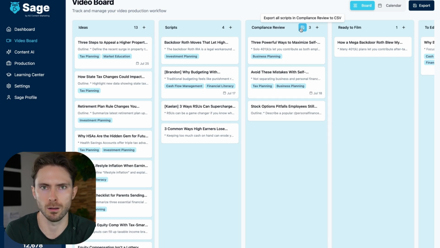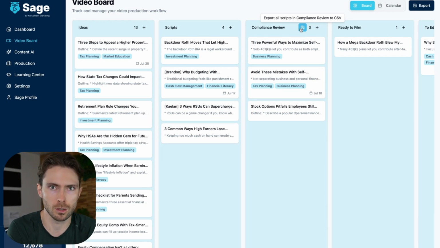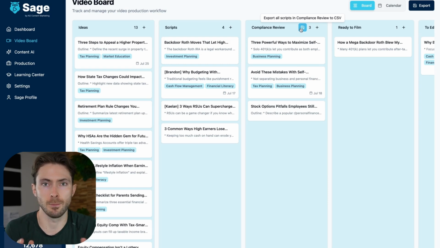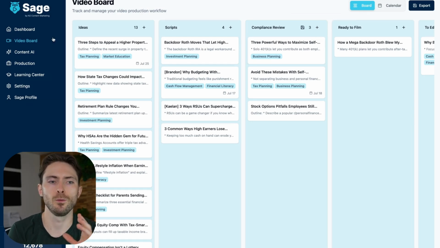and just export all of the scripts that are in your compliance review column to a CSV. This is what we do when we work with much larger firms on our Video Vault projects, and it has worked phenomenally well because those advisors just need to make one submission instead of needing to make 60 or make 120. So let's say you download these as a CSV and you send them off to compliance, but you already